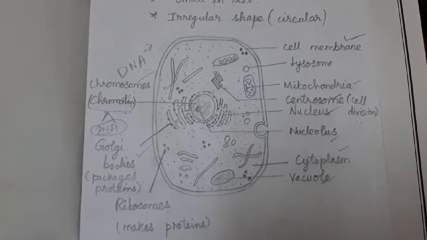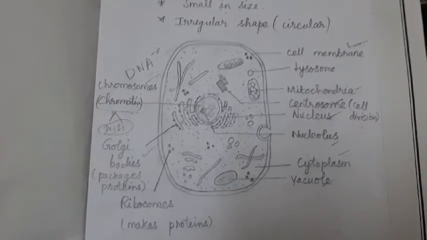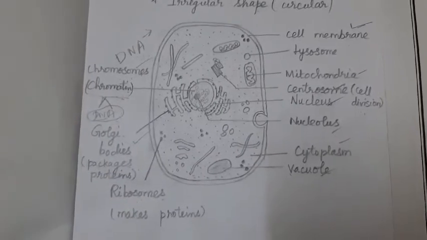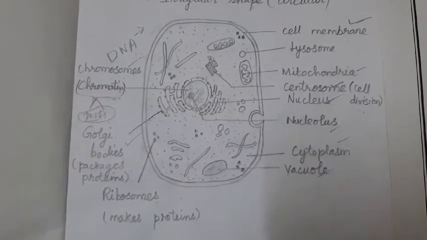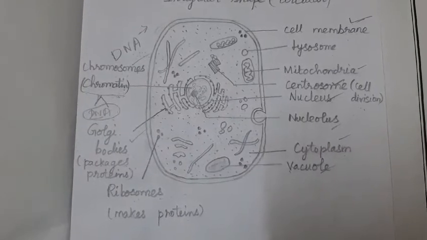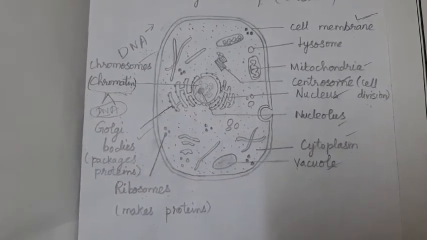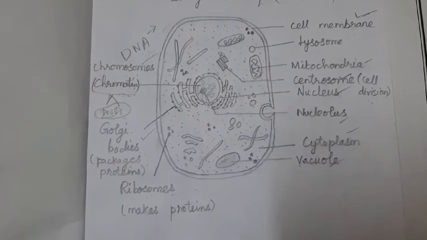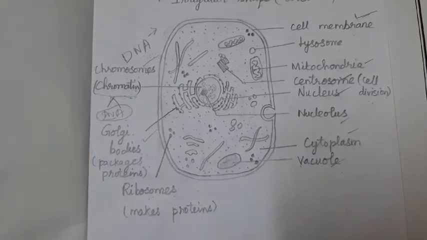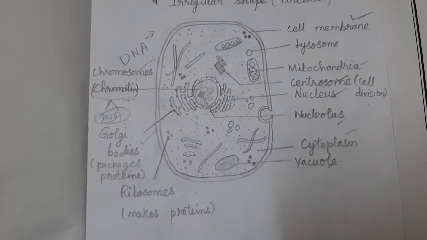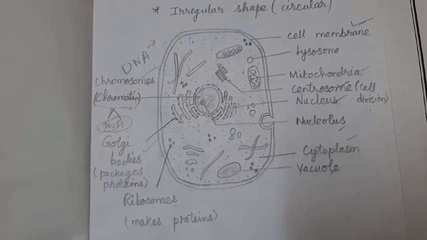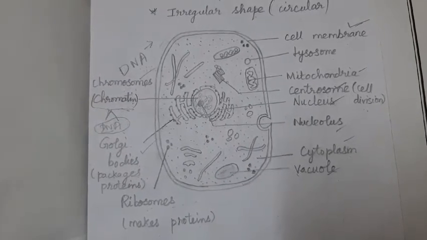Okay? Then, what are the other organelles which were present in the plant cell but are not seen in the animal cell? Do you find the chloroplast here? The chloroplasts are absent in animal cell, whereas the plants will have the chloroplast, which is helpful for them for the synthesis of their food during the process of photosynthesis, whereas animals will not have the chloroplast. So cell wall is not there in the animal cell. Chloroplast is not there in the animal cell.